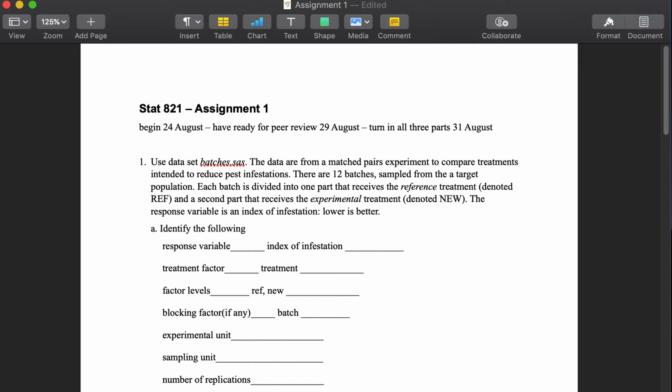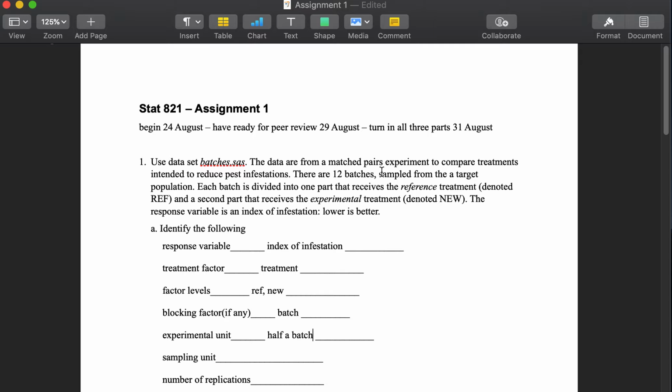So in our case, the blocking factor is batch because we're going to compare the reference and experimental treatments from each batch. The experimental unit, this one I'm going to put half a batch